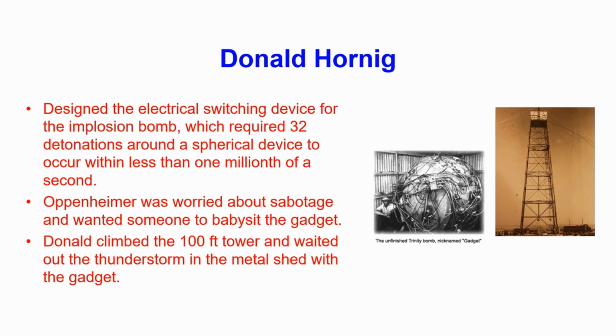And these are high explosives, and he was reading a comic book. He was very happy when he got the call to climb down, but he had to wait out the thunderstorm in the metal shed with the gadget. So then he climbed down, and